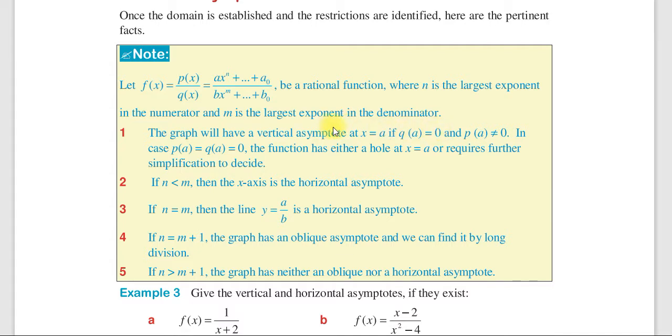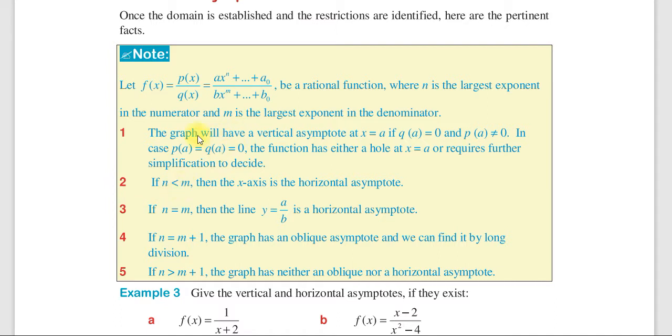vertical asymptote አለን እንላለን ማለት ነው at x which is equal to a ላይ። ነገር ግን p of a እኩል ነው q of a which is equal to 0 አሁን ኑሜሬተሩን ዲኖሚኔተሩን ያችን ቫልዩ a የተባለች ቫልዩ ስናስገባ 0 የሚያመጣልን ከሆነ the function has either a hole at x which is equal to a or requires further simplification to decide። ስለዚህ ወይ ማቃለል ይጠበቅብናል ወይም ደግሞ ሆል ይኖረዋል ማለት ነው እዛ ፖይንት ላይ። ኦኬ